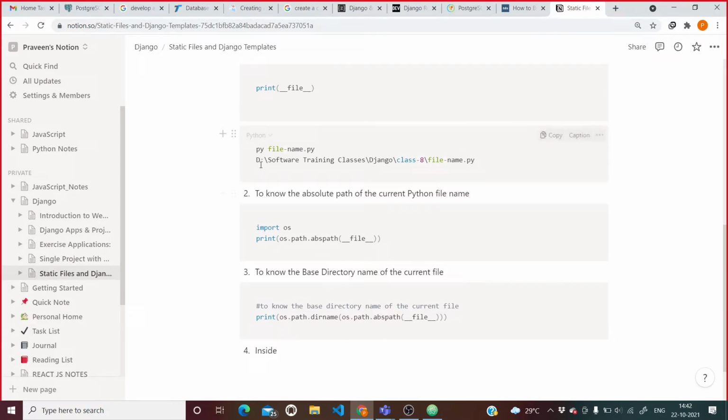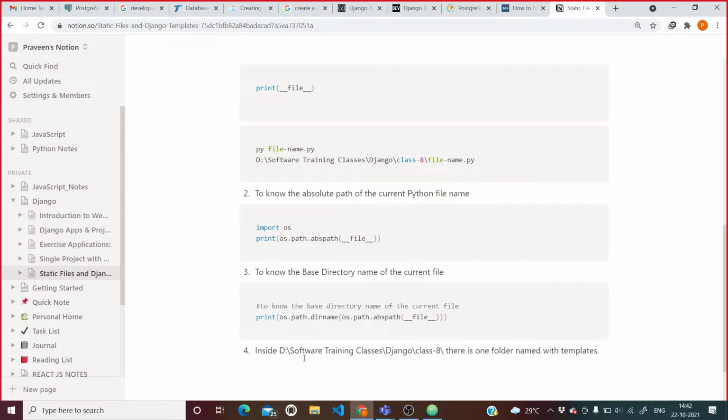At this particular folder, inside class 8, there is one folder named templates.